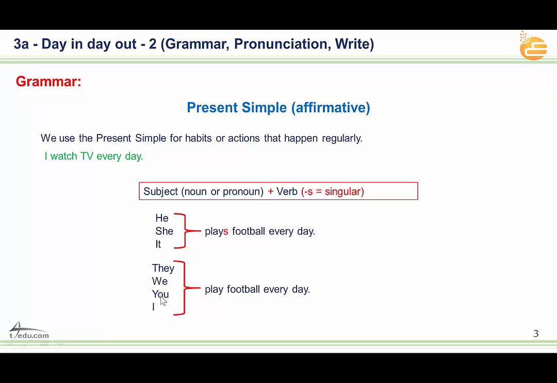Okay, and also you. When I'm talking about you, I'm talking to only one person. For example, I'm talking to Ahmed and I say you, I mean Ahmed. He's one, but that's right. We don't have to put s, no s. It's just like we and they. So you, I mean one, and I, in most of the rules in English, we deal with it just like the plural, just like they, we, you. Okay? Very nice.